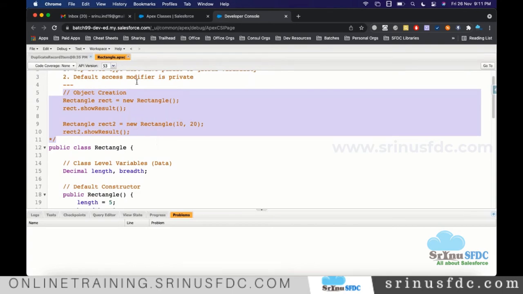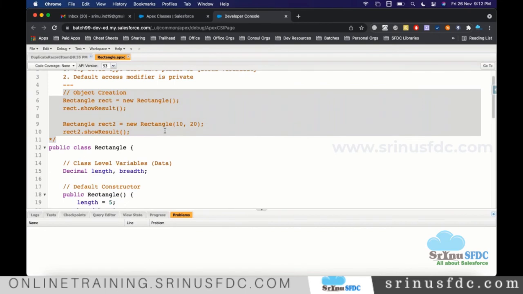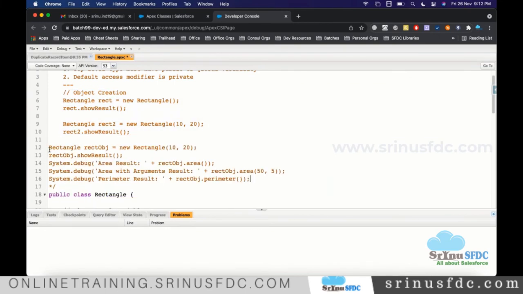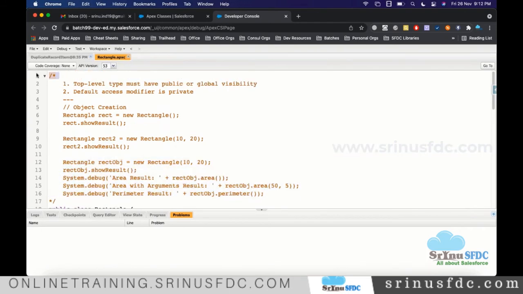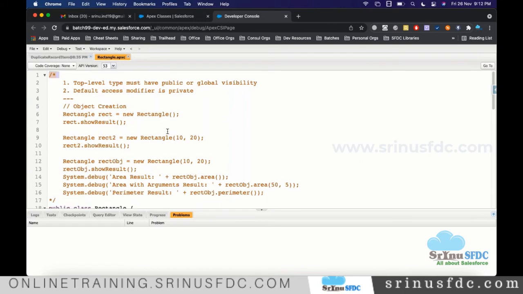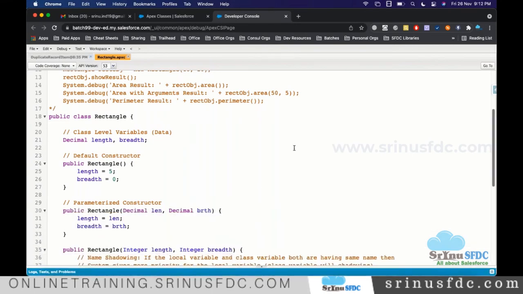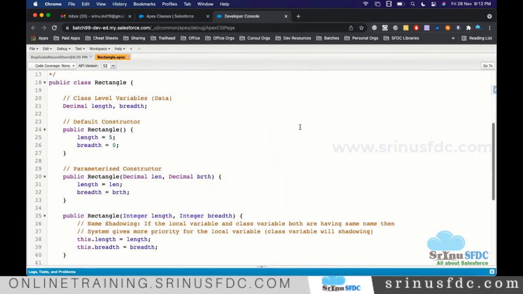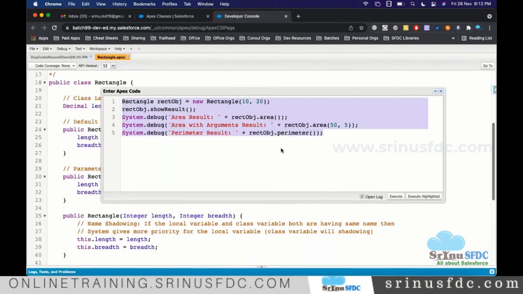Okay. So just understand these things for our future purpose to remember this. I'm also keeping that here in the comments. Whatever I am keeping here is in the comments, multi-line commenting, slash, star, slash. In between, whatever we type, the system considers as comment, and it won't compile, won't check for the syntax. So that's it. We are done with our first Apex class, how we create and how we call it from the debug anonymous window by creating the object.